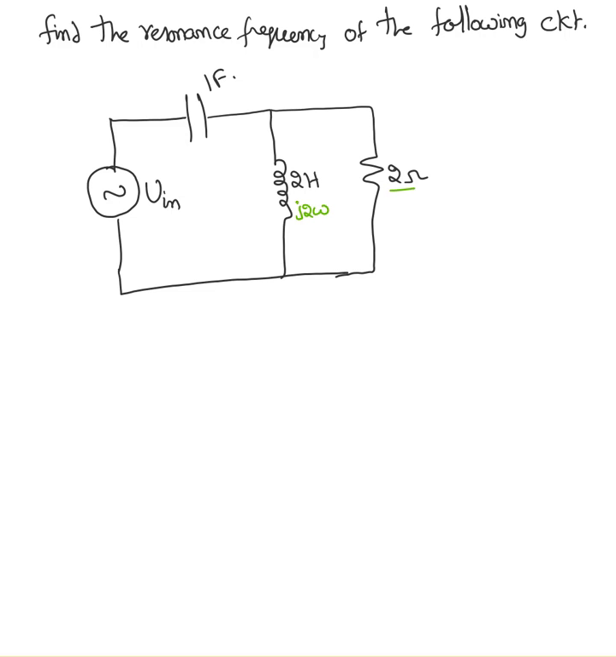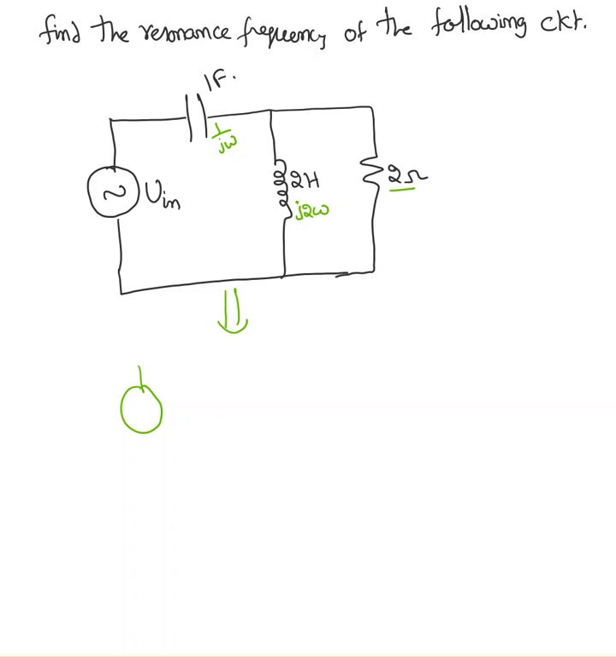This will not change, that's 2 ohms. This is 1 over J omega C. C value is 1, so it's 1 over J omega. Now, one of the students had a great idea. Okay, professor, what I'm going to do, I'm going to convert this by using